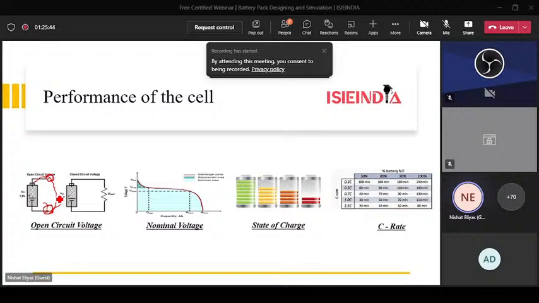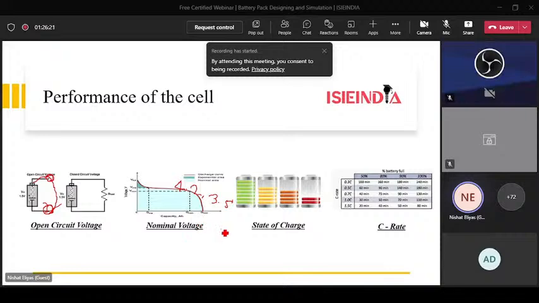Now coming to the nominal voltage, what actually is the nominal voltage? Let us suppose that we have a cylindrical cell and it is rated 3.7 volt. Let us suppose that for 0 to 1 second when we check the voltage, it is showing 4.2 volt, but for the next second it is showing 3.5,